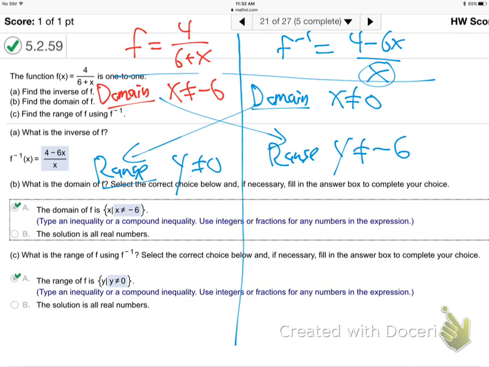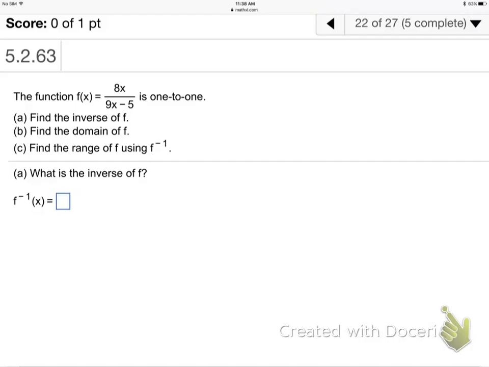All right, got a couple more messy ones. All right, 22. So there's the function. F equals 8x over 9x minus 5. That's really y, as you know. So let's find the inverse,